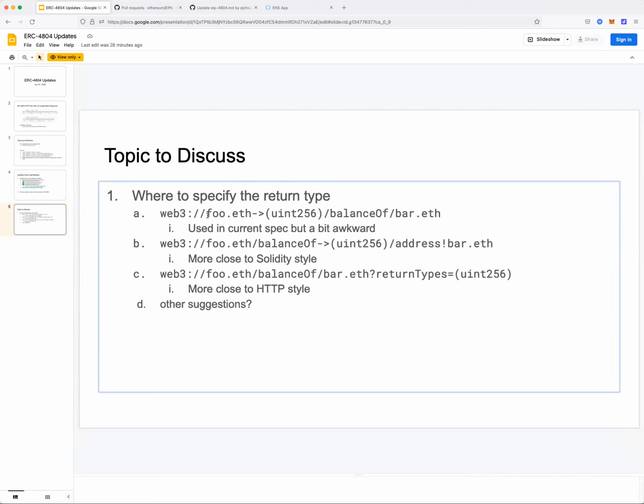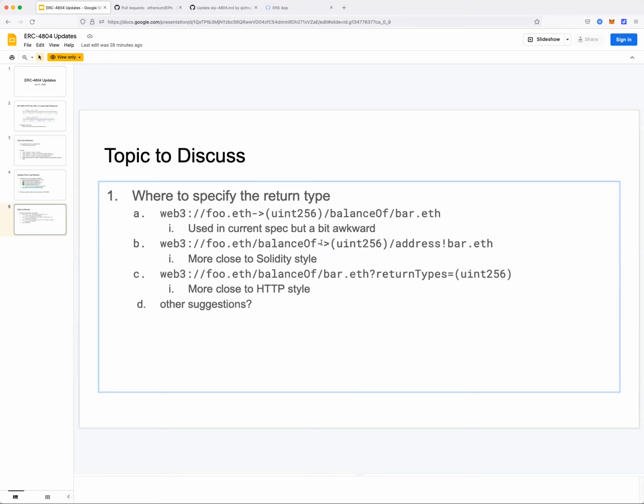It can just follow the contract name, or the ENS name, with the return type. I feel like this would be awkward because it's quite different from HTTP style. Another is to put it just after the method ID. It's closer to Solidity style because I have a method and then return something.